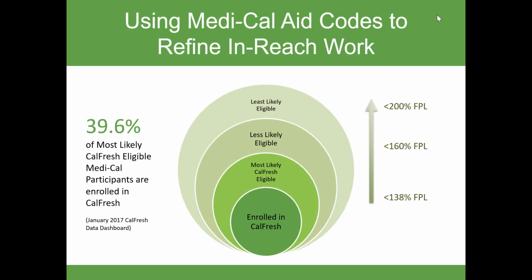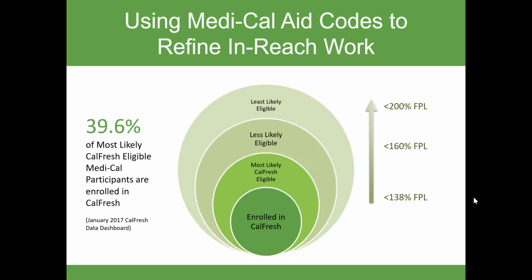And the work that we did with CDSS was really trying to figure out how far it makes sense to peel back the onion. So the darkest green is enrolled in CalFresh, and then we have most likely, less likely, and least likely, and the less likely has to do with what income level you might be. So we experimented with what's the right tier to consider, and where we ended up was that the most helpful, while still being inclusive enough, was identifying aid codes that would indicate that an individual had an income below 138%